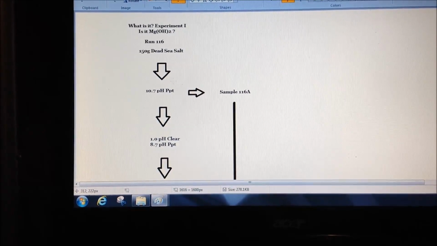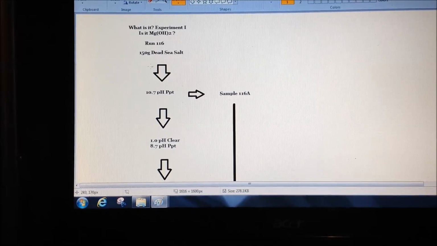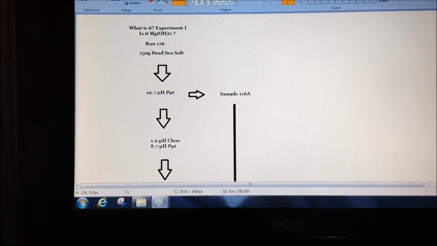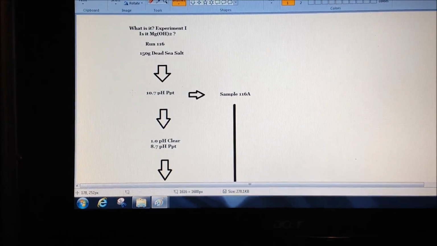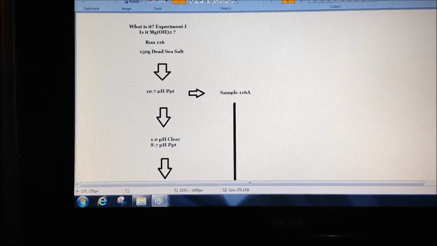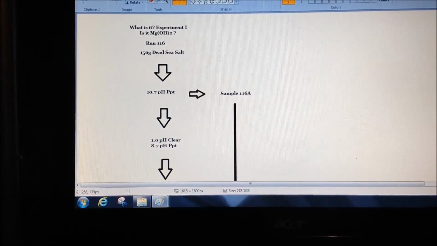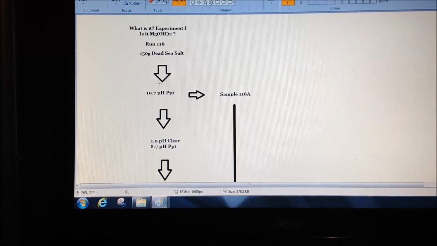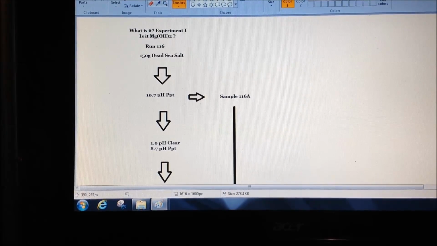So this is an overview of the experiment with an attempt to get a firm handle on what the first and second stage precipitate is, whether or not it's magnesium hydroxide. So this is an outline of it, of what you'll find in the rest of the video if you want to watch that. So starting off with 150 grams of Dead Sea salt dissolved in a litre or so of water, as my normal practice, and we're taking that to 10.7 pH, and we're taking a sample of that precipitate, which becomes sample 116A,